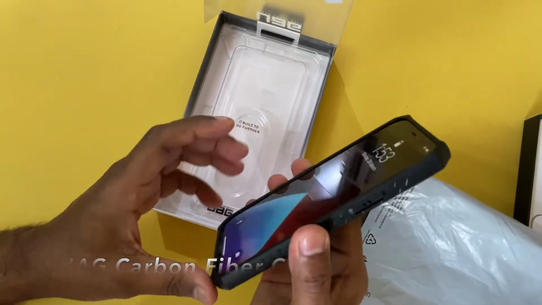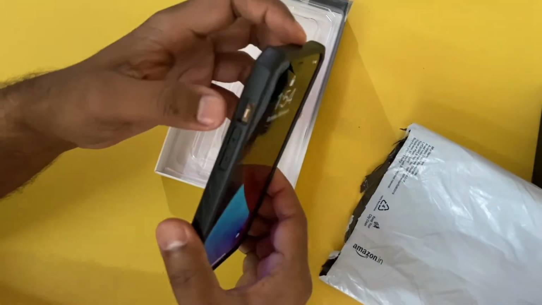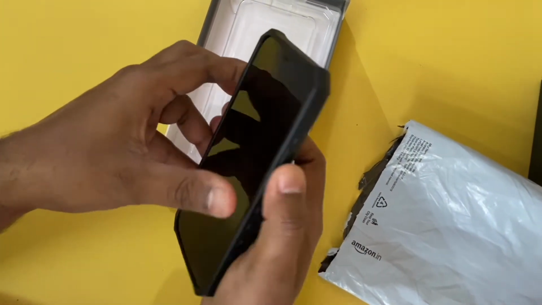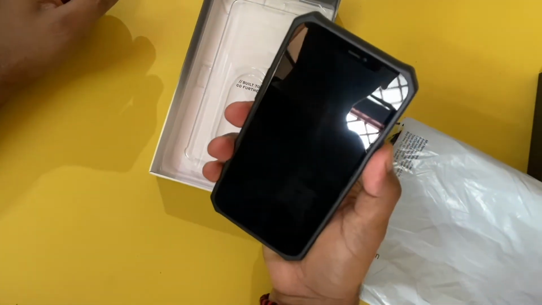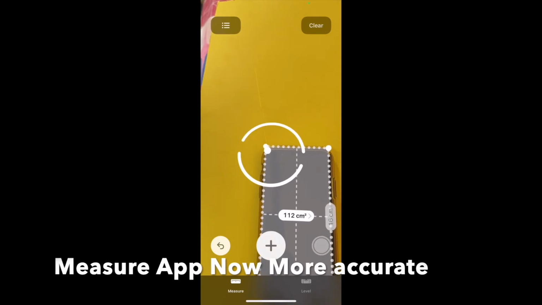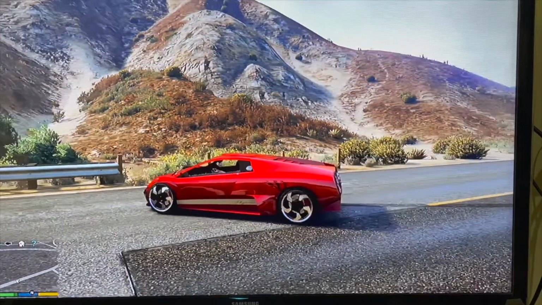Here you can see this changes the look of the iPhone 12 Pro Max, because it will not show the Apple logo. But if you don't want to show it, you just want to use the premium features of a premium phone. So here is another video.